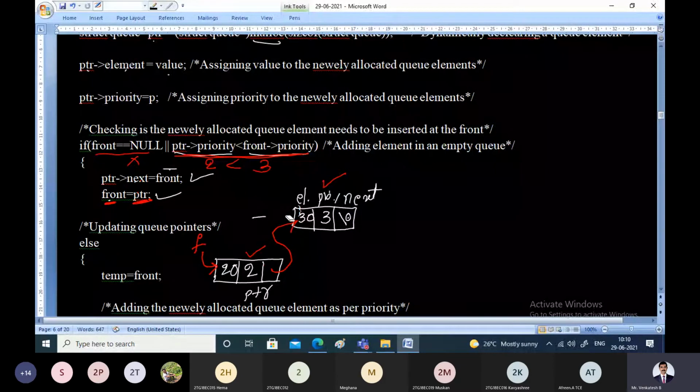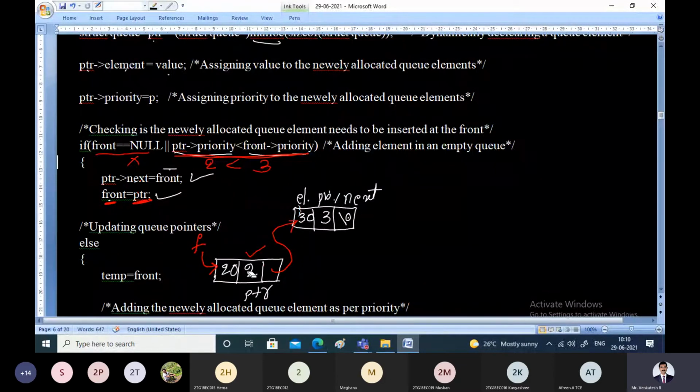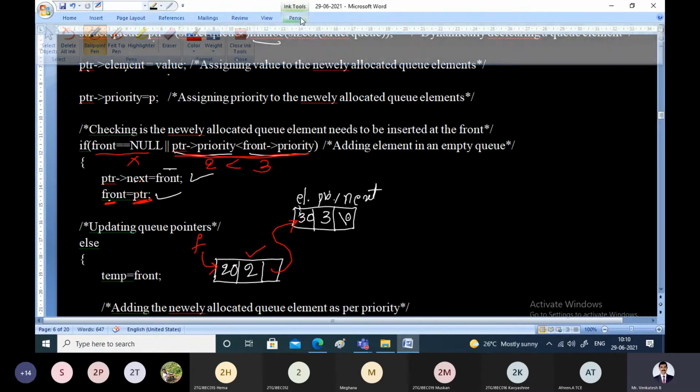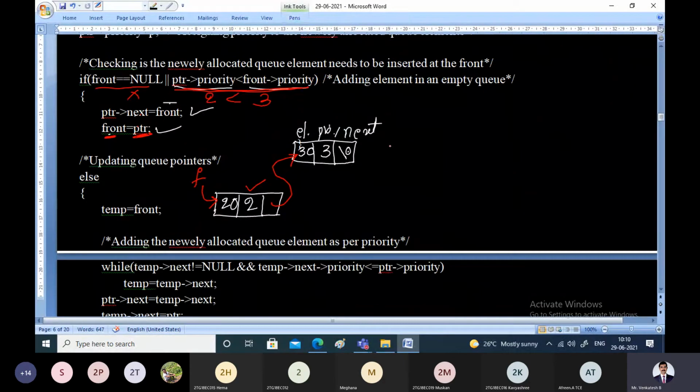I'll erase this for better understanding. Right. So what we have done now, we have inserted 2 elements successfully in the priority queue. This is the front element. Now this is the next element.